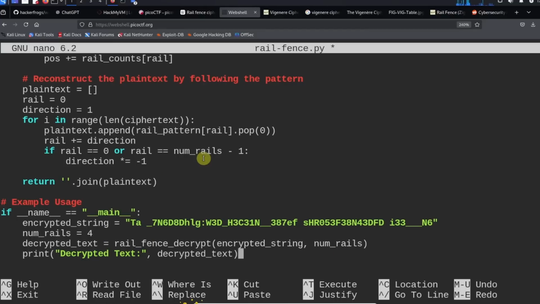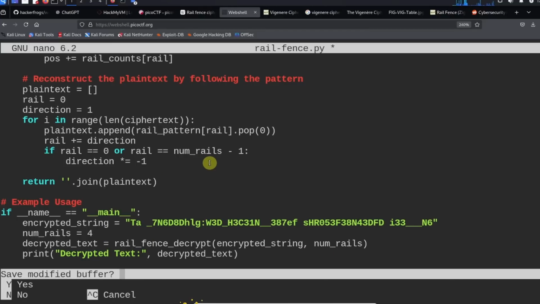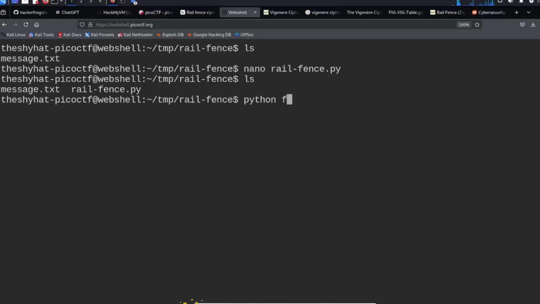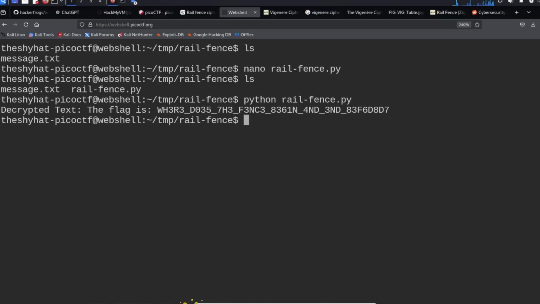So we're going to save out the script, and then we're going to run the script. So in the end, the script does what it says on the tin, and the decrypted text is, the flag is, where does the fence begin and end? So we grab this output here,